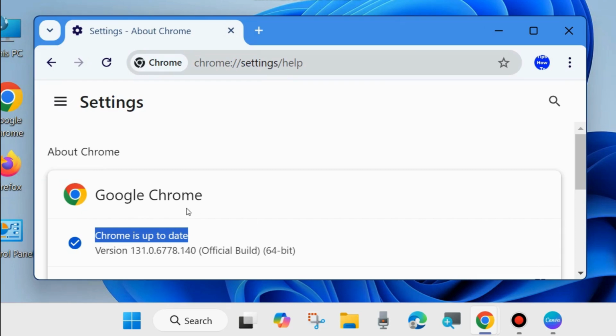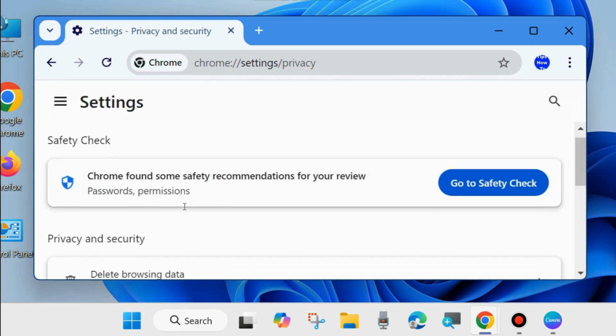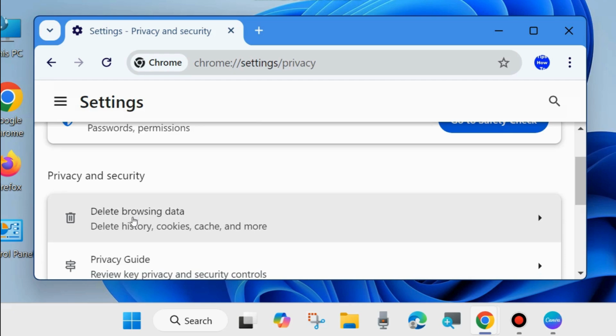The second way is, again click on the three horizontal lines at the top left corner and choose Privacy and security. Click on it, and here click on Delete browsing data. Click on it